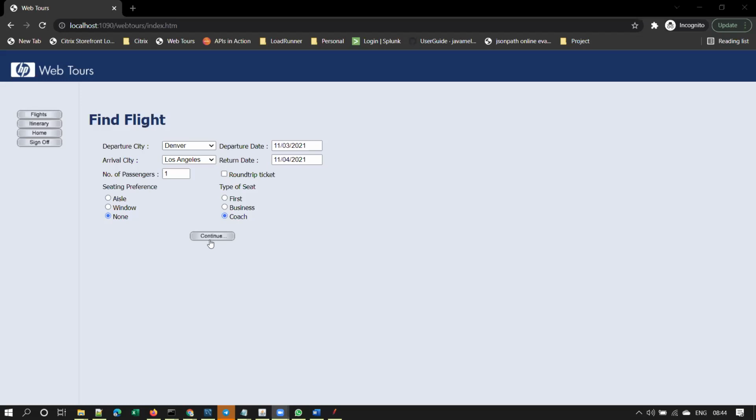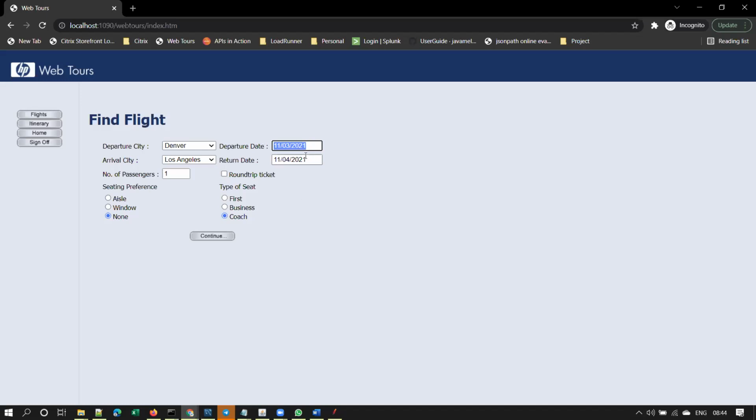So now, I'm going to the next screen. Once you select departure and arrival city, observe here, by default, tomorrow's date will be selected in departure date. Today is 2nd November, isn't it? Today is 2nd November, so you are seeing 3rd November. That means the next date will be visible here.